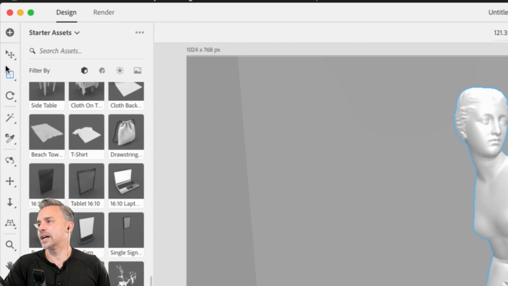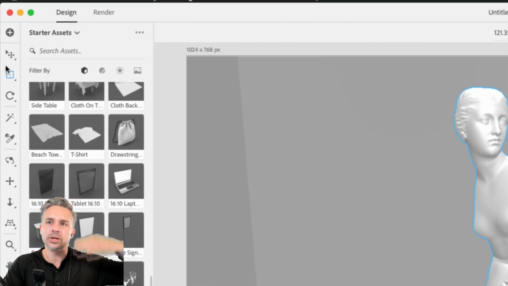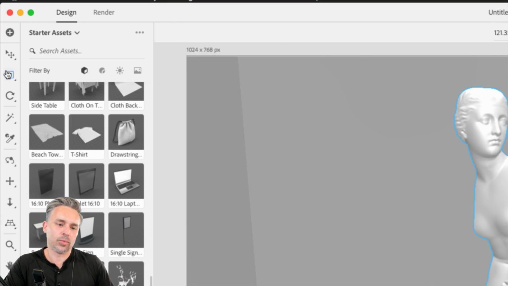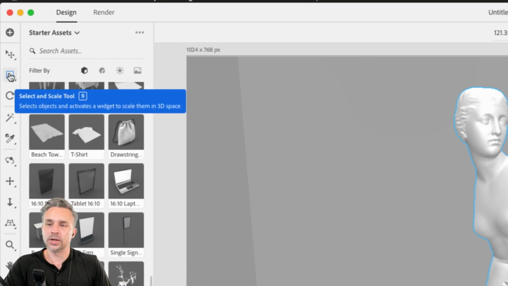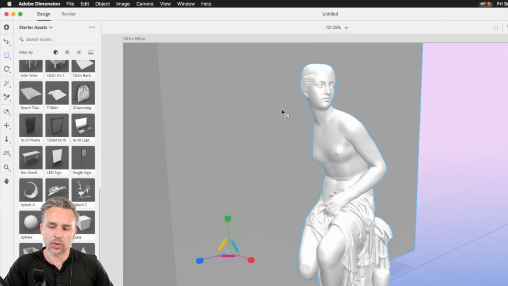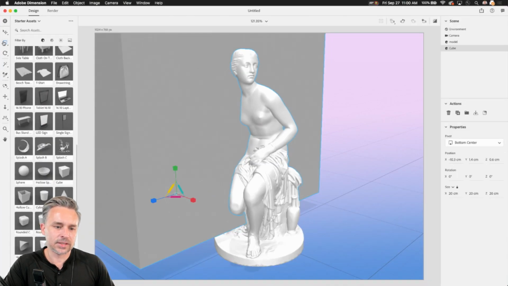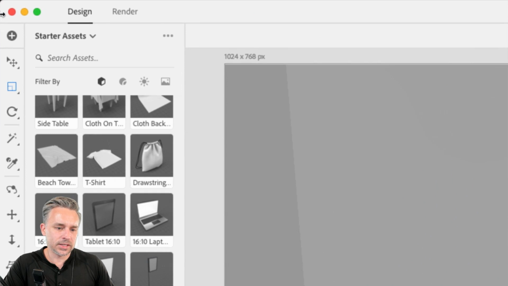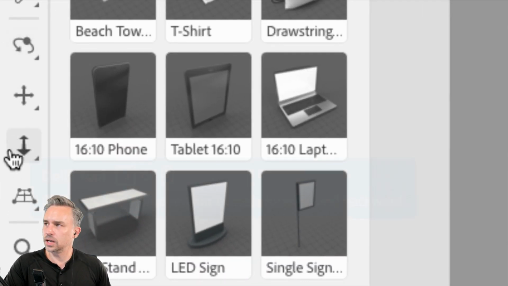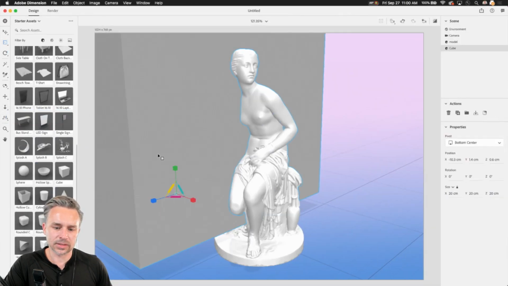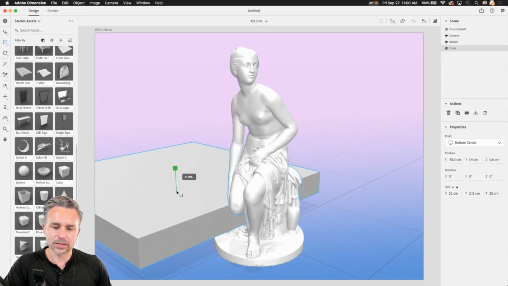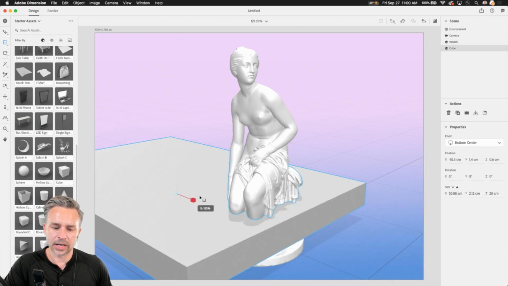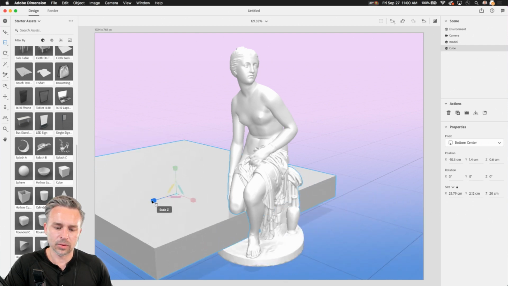Again, this is a master class, but I'm jumping into Dimension because I'm showing you the breaking point when you need to jump into another app. Because what is Photoshop for a lot of people? It's going to be your gateway drug into other apps, just like what we're having here, right? We have this new object right here. And these tools are going to manipulate the object. The second group down here is going to manipulate the scene, right? So I can go in and select this, let's make it smaller, just like that. And we can make a new platform potentially for